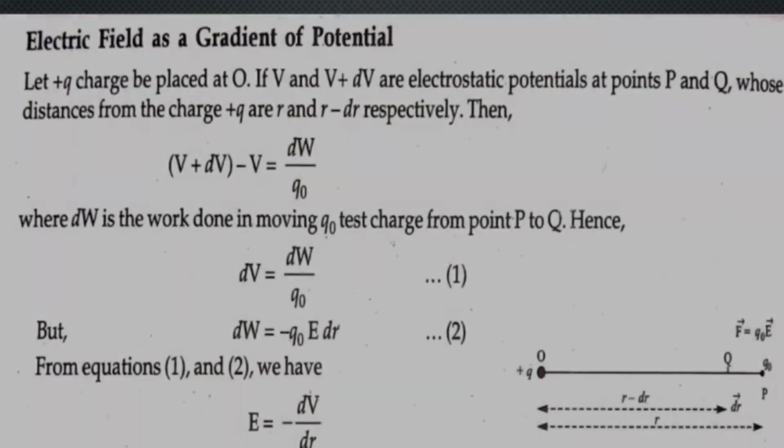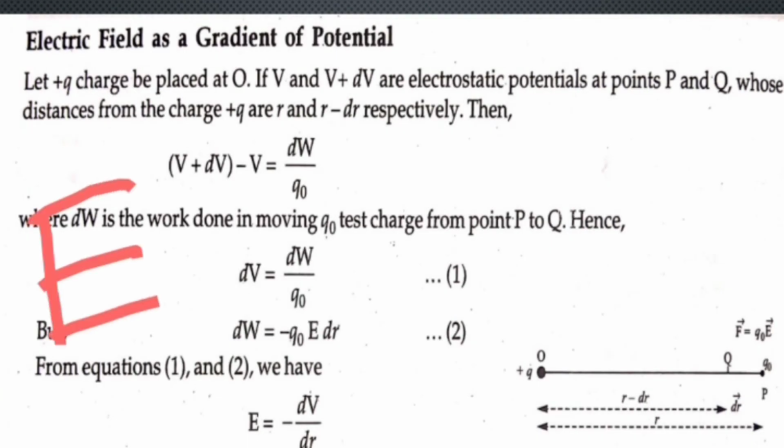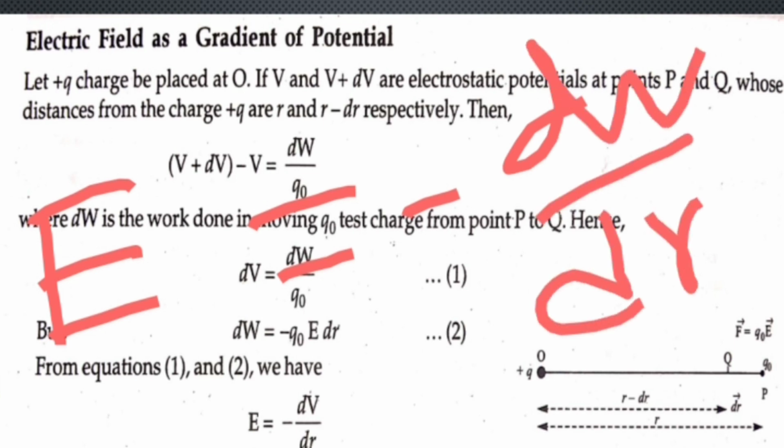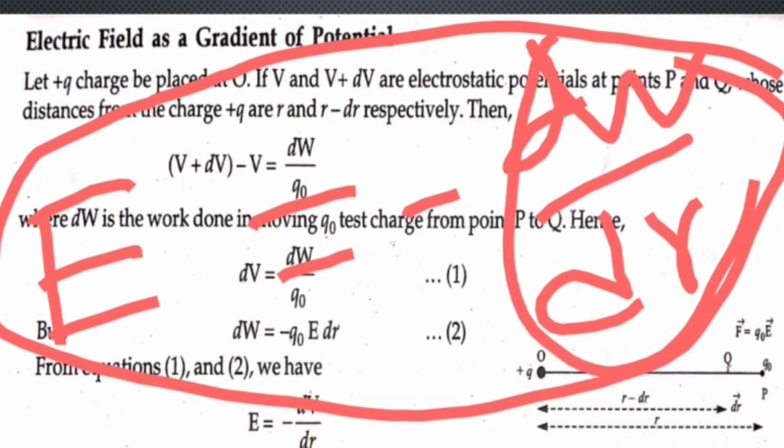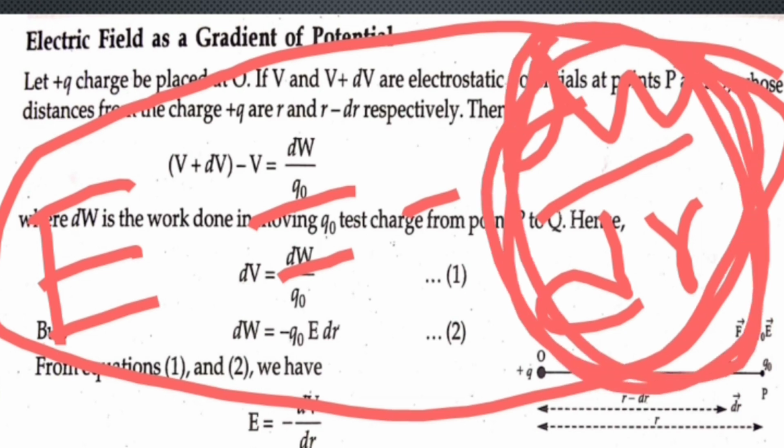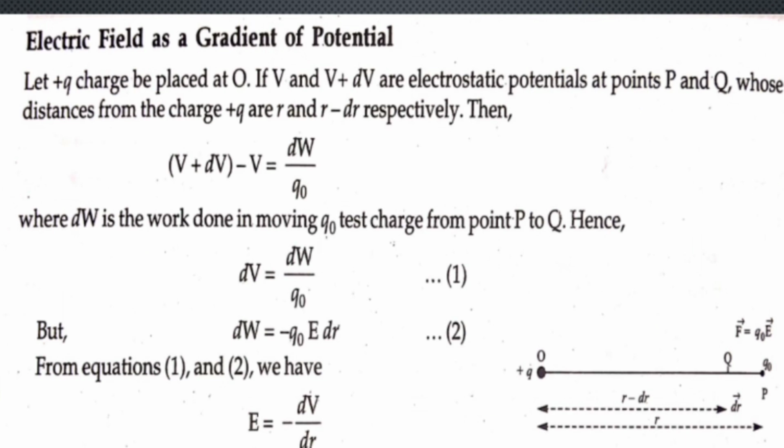Okay. Next one is, if I'm placing this total value here, what will the value become? Q will be cancelled out and E will be equal to minus dV by dr. This total thing is known as electric field as a potential gradient. Here this term is known as potential gradient. Okay, just remember this thing. One more thing I would like to add. This thing will sound somewhat cliche. Hey, what is this? E equal to minus dV? See, what is the beauty of this thing? Actually, why do we need to learn it?